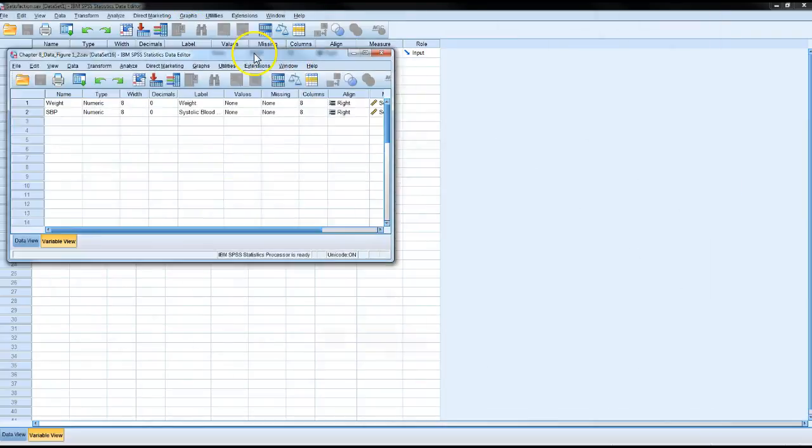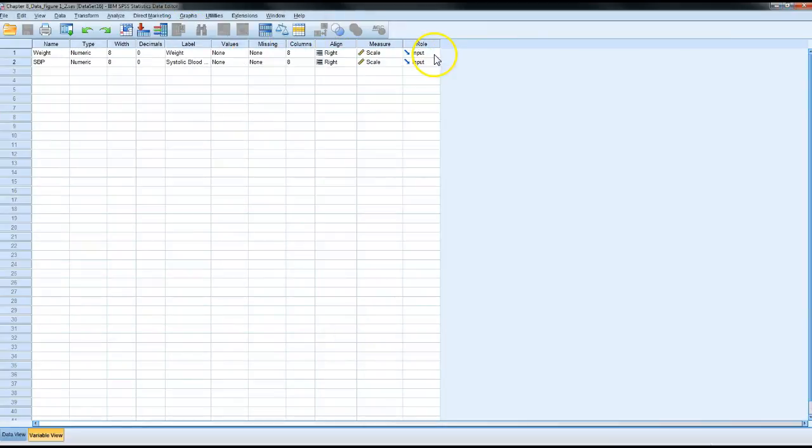I have two screens here, so I'm going to bring it over so you can see it. And so you can see that we have two variables, weight and systolic blood pressure. These are both scale variables, so appropriate to do a scatter plot. So one of the first things you'll be doing in your assignment is looking at that scatter plot of these